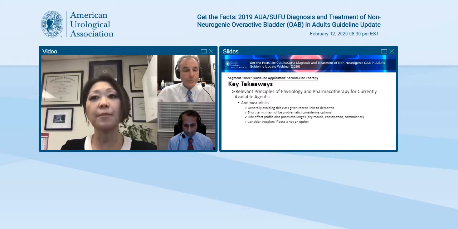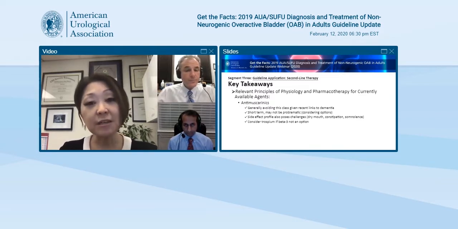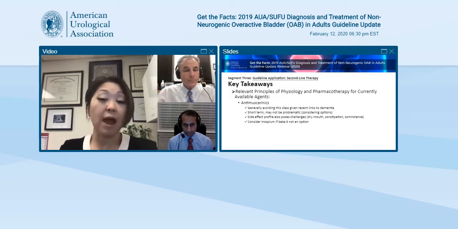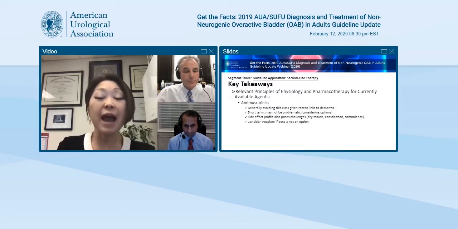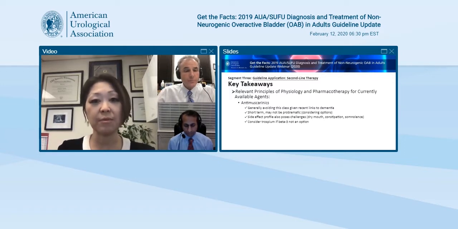I think if you're stuck because of funding or coverage and you have to use an antimuscarinic, and you want to do some sort of pharmacotherapy rather than going on to more advanced therapies, the best choice for an antimuscarinic is going to be trospium. It's a quaternary amine, so it's a bulkier molecule, and in theory doesn't as readily pass across the blood-brain barrier as some of the smaller molecules like oxybutynin. So if you had to use an antimuscarinic, I would aim for trospium if that's covered.